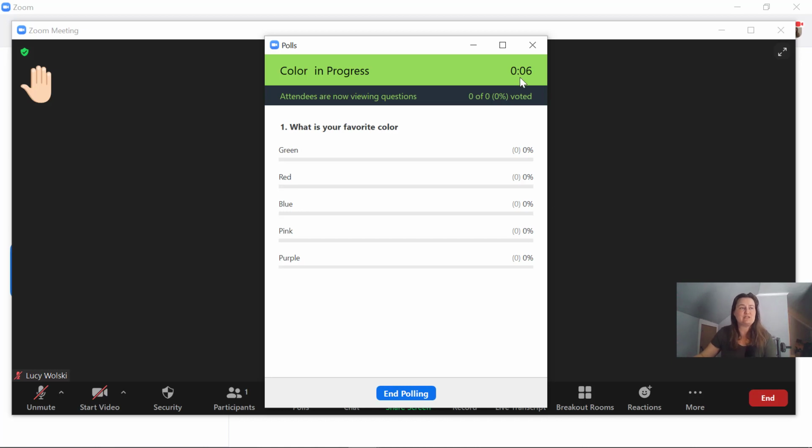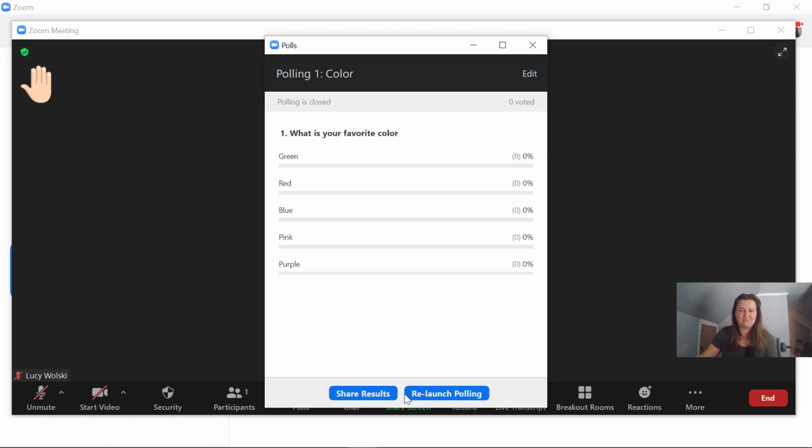So it'll have a little count up timer here, so you know how long it's up. So you could make a statement like, I'm going to give you 30 seconds to answer this poll. It will tell you how many people have voted and a percentage out of your participants. And then when you're done, you hit end polling. You'll be able to see the results,